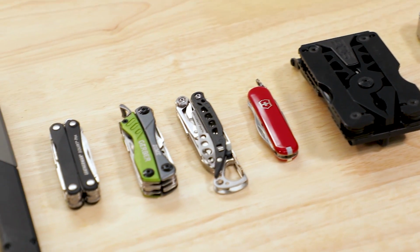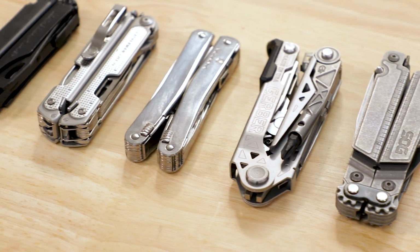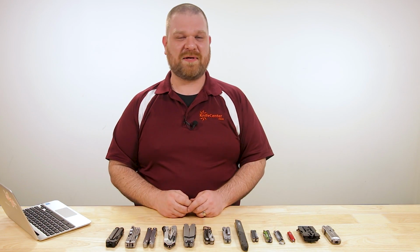Just wanted to give you an overview of some of the really good options across the range of different sizes and styles. So make sure to let me know your favorites down in the comments,